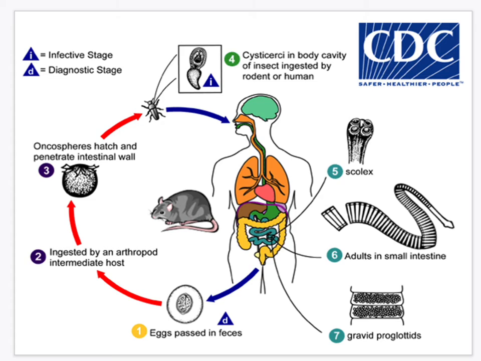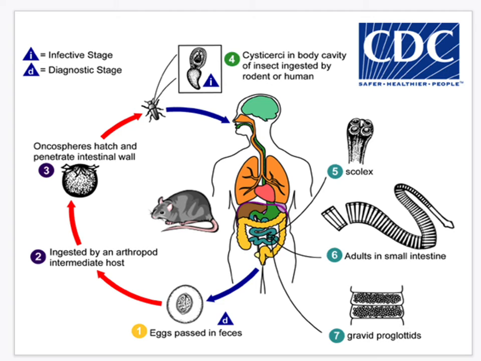And the oncospheres are released from the eggs and they penetrate the intestinal wall of your host. Then these oncospheres will develop into cysticercoid larvae. So again, species from the genus Tribolium are a common intermediate host for H. diminuta. Then those cysticercoid larvae, they persist through the arthropod's morphogenesis to adulthood. So, H. diminuta infection is acquired by the mammalian host after ingestion of an intermediate host